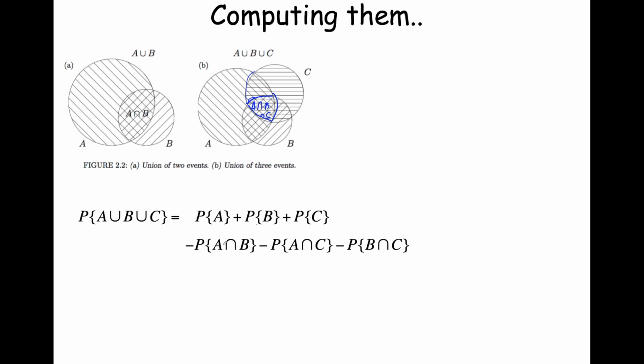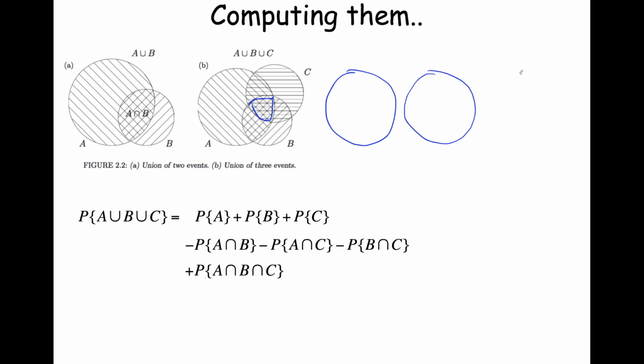So when we subtract this out, we removed one copy. When we subtract this out, you remove the second copy. When we subtract out B intersect C, we remove the third copy. So we ended up removing all of these three-way intersections contributed by A, B, and C. So to fix that up, what do we do? We add back in one copy of this intersect region A intersect B intersect C. So we take this A, we add that, and we take the B, we add that probability,